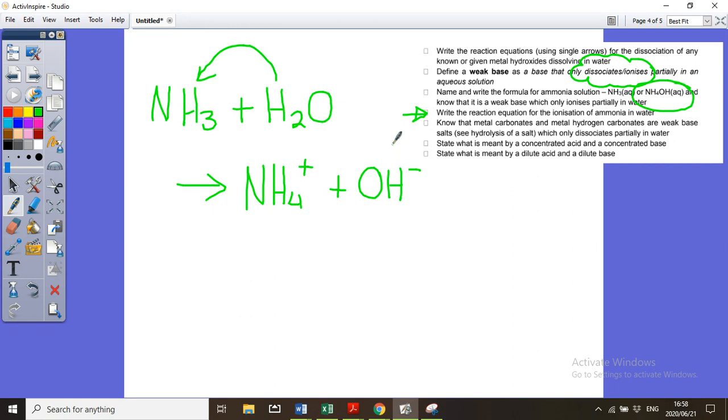Metal carbonates, metal hydrogen carbonates, and all of those will be seen as weak bases that only partially dissociate in water, and you will therefore write a double arrow. Also, this one is seen as a weak base, and we will write a double arrow. The only place where we are going to write a single arrow would be for the group 1 hydroxides, which is then seen as the strong bases. Please know that,